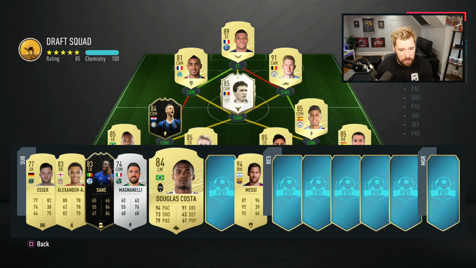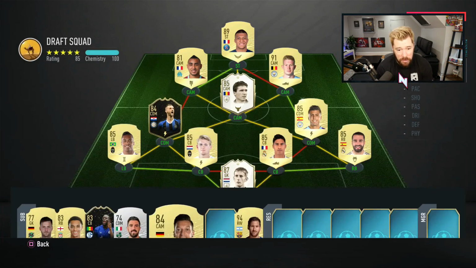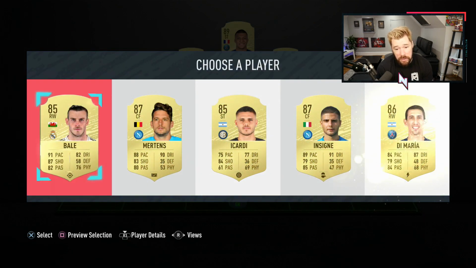Who have I got for subs? I've got Messi as one sub. That's all I need. I'm going to take another Shadow Chem style. I'm going to take Mesut Ozil here, just for that chemistry boost that we're going to be able to get onto some of the players. And then...